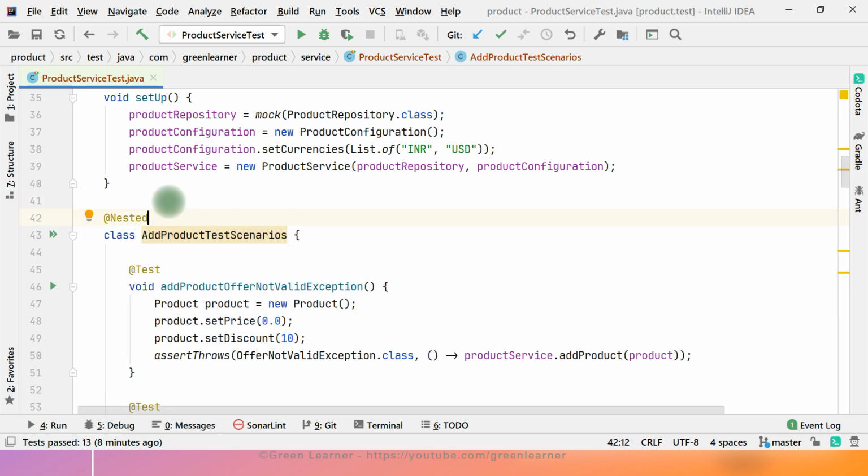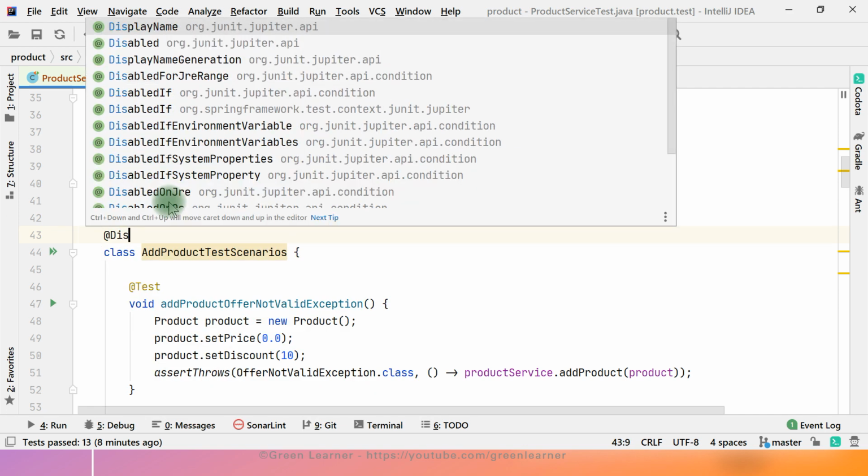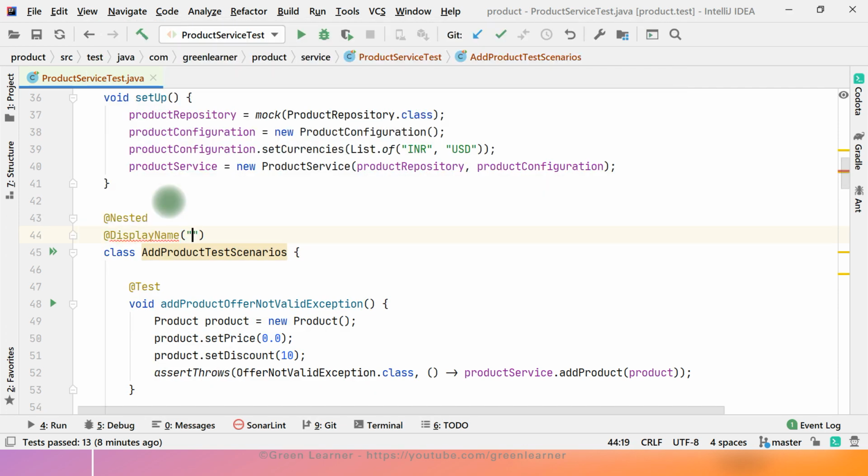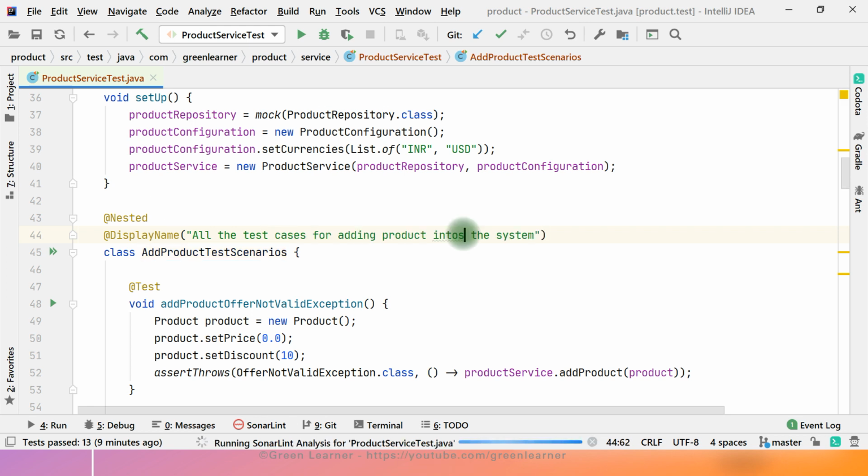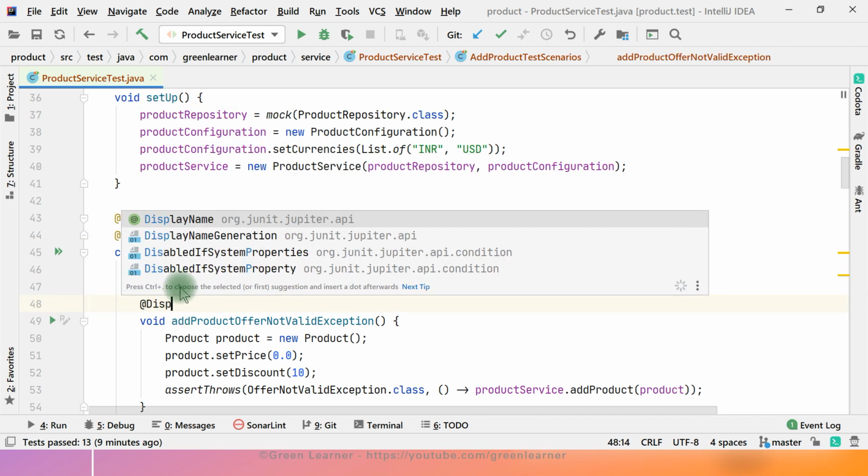Now there is one annotation that we can use, Nested, and with it I can use the display name. Now when seeing the report, we are not going to see the name of the method, we are going to see this display name here.